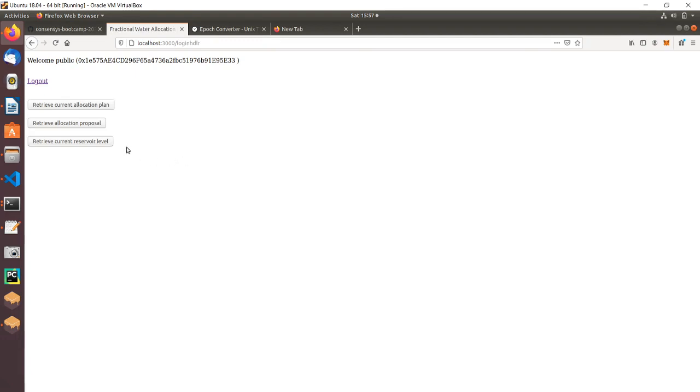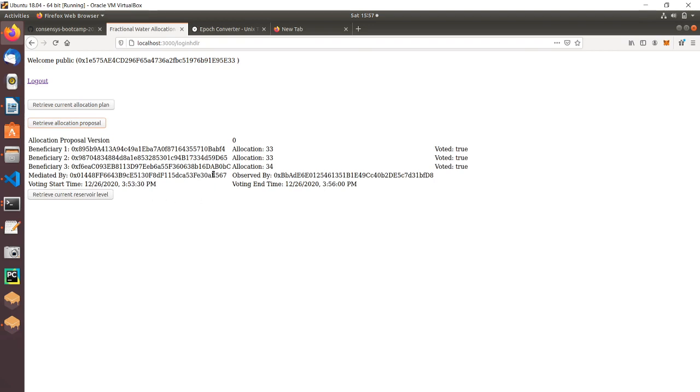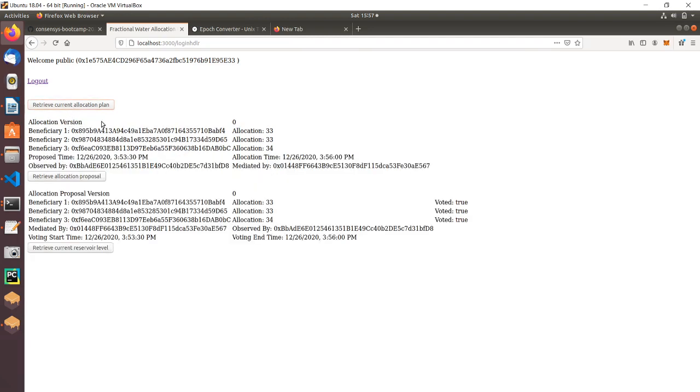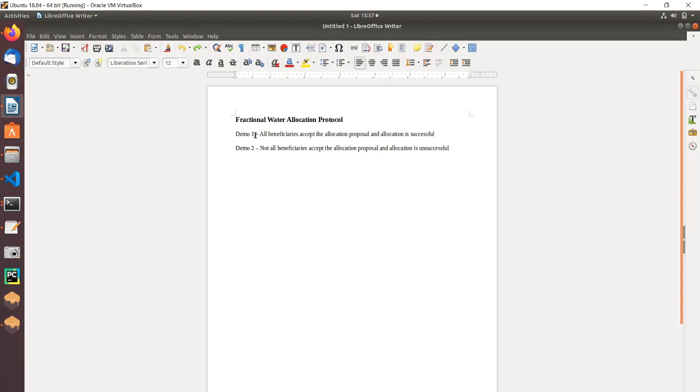So public can see the allocation proposal by clicking on this one. This gives the details about the proposal and also retrieve current allocation plan. So this gives details about the current accepted allocation plan. Yeah, so this one concludes demo 1. Now let's move on to demo 2, in which